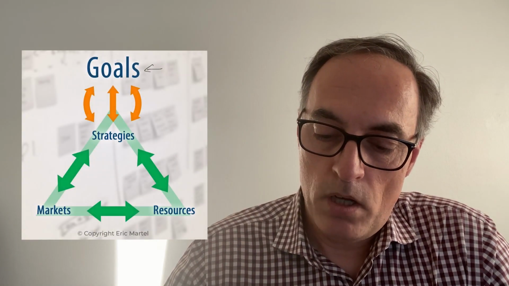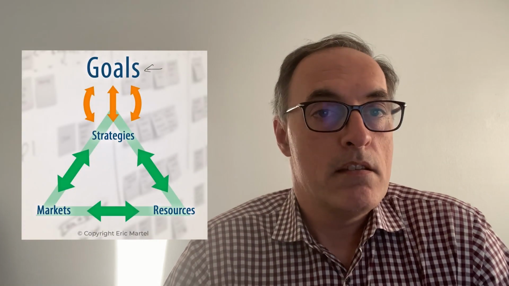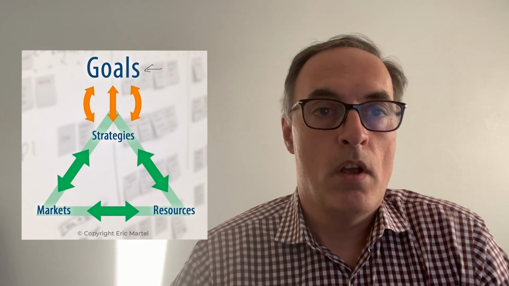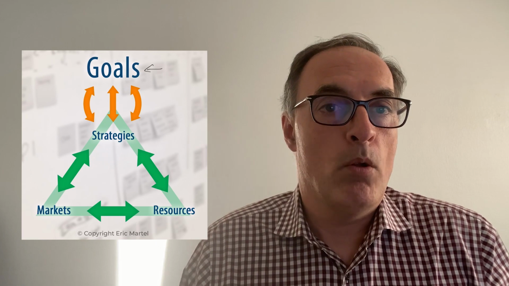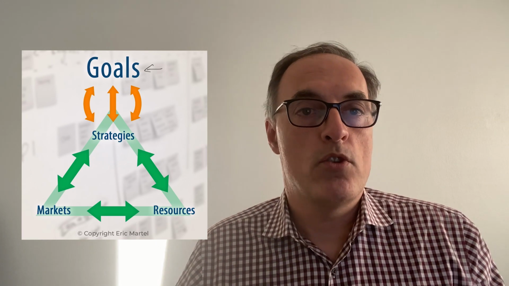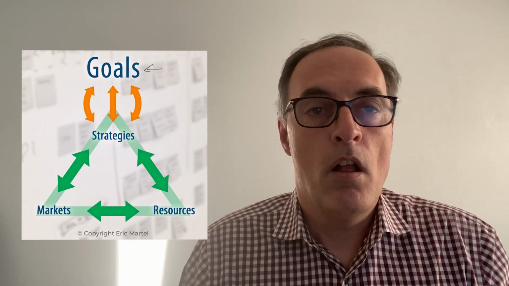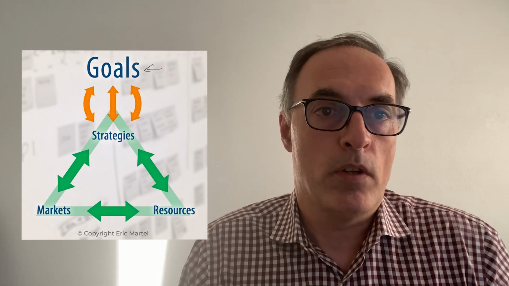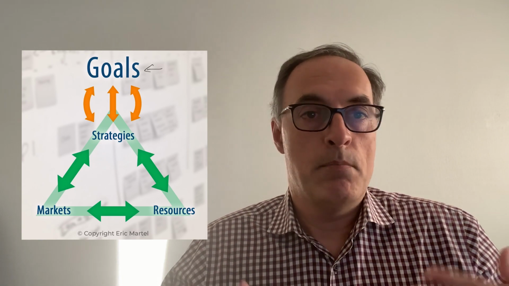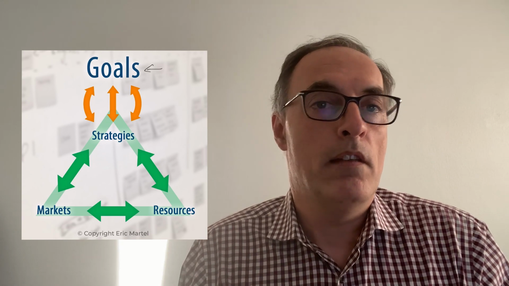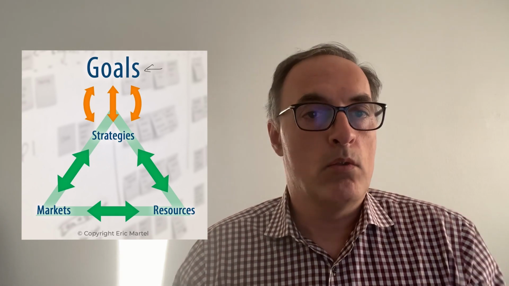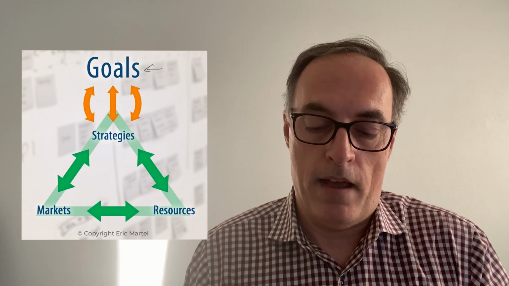At the very top of this triangle, we have our goals. So you decide what goals you have here, but an example would be to achieve a certain level of passive income with a certain cash on cash return, let's say a cash on cash return at least twice the inflation rate. So that could be an example of a goal that one would have.